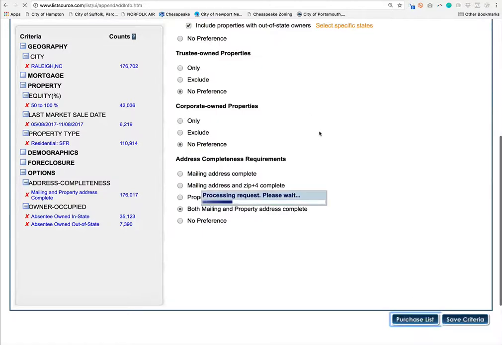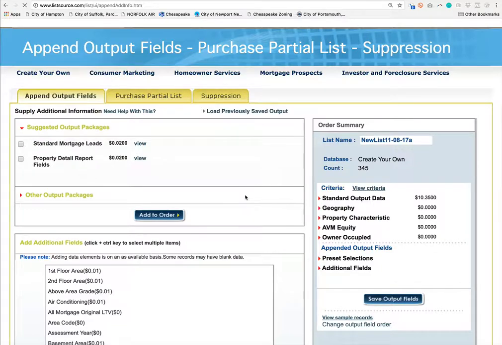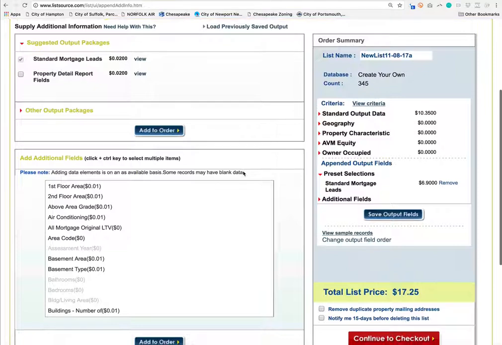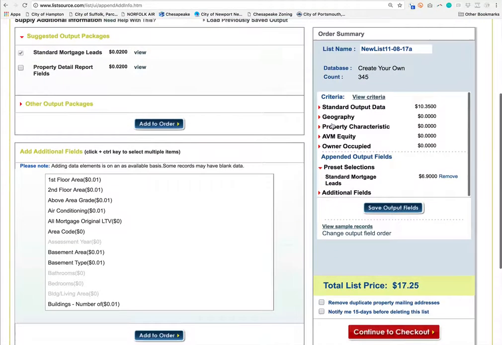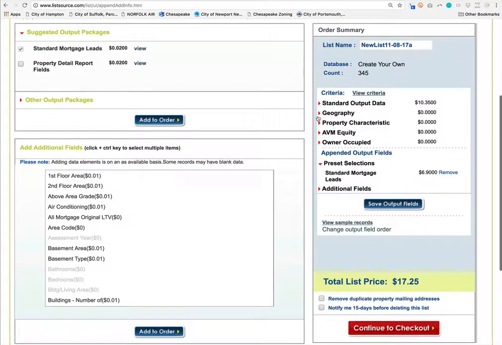We're simply going to go over here to purchase list. Now, it's very important that when you do this, we make sure our output is correct when we are getting this list ready for input. I realize some pricing may be different on certain accounts, but here's the standard mortgage leads. We're going to click that. We're going to click add to order. So we click this up here and we make sure we have that. And you can look over here and you can see what our actual